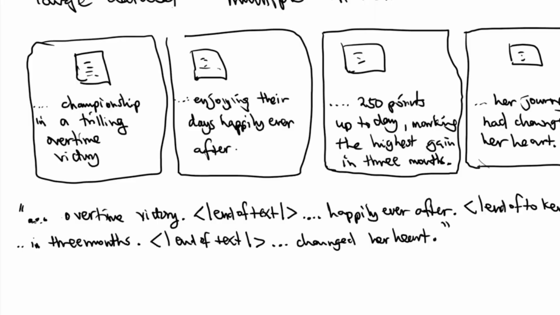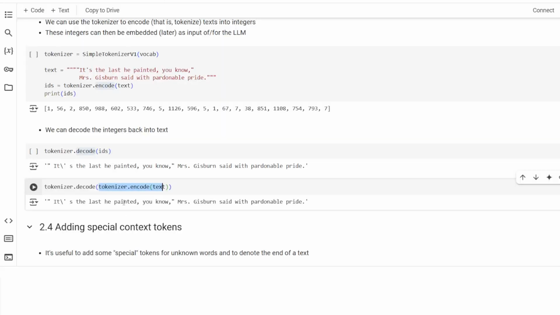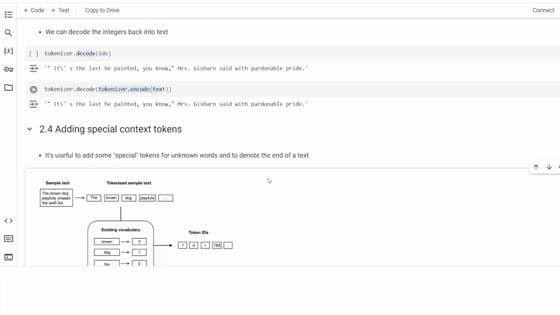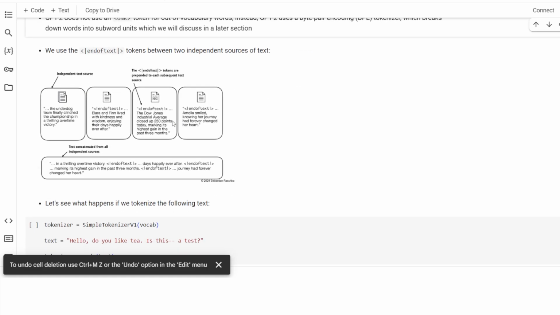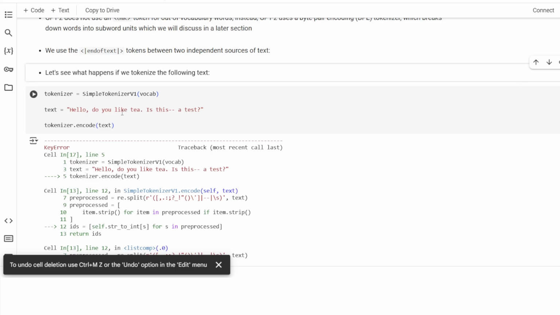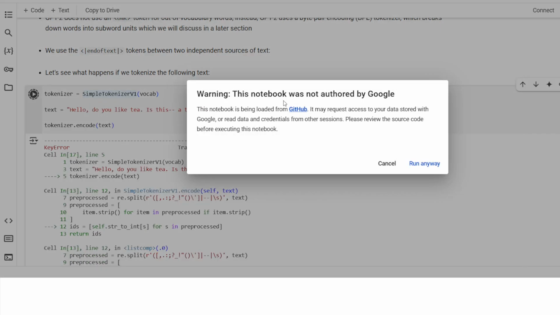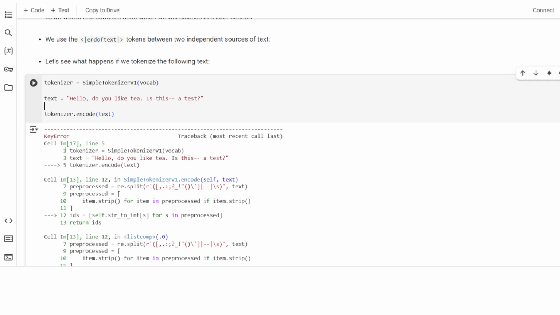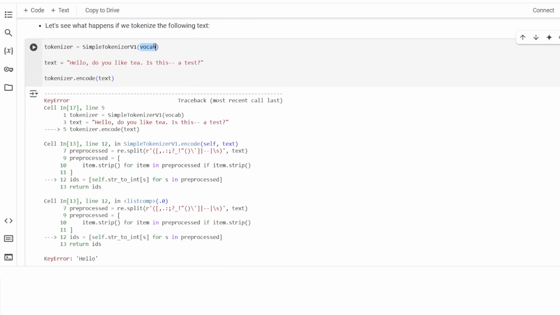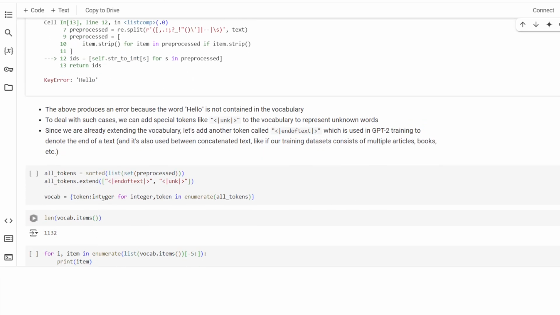So we're just going to go into Chrome, because it is useful for us to have these tokens. Let me just jump into the code to show you. For our hello, if we used our simple tokenizer, like I said, it was going to fail, so we're going to run this. Our simple tokenizer was going to give this error because it didn't know in that vocabulary from that book, The Verdict, how to deal with hello. So it was going to give us our key error. That's when we decided to